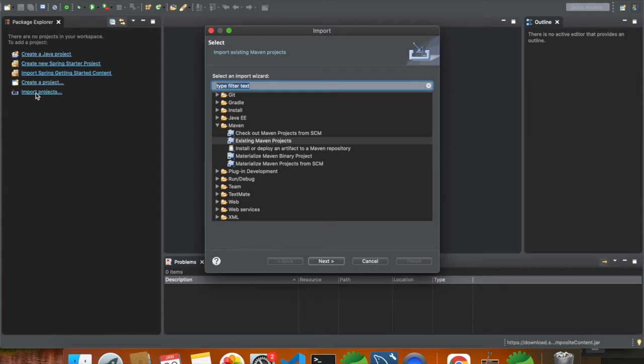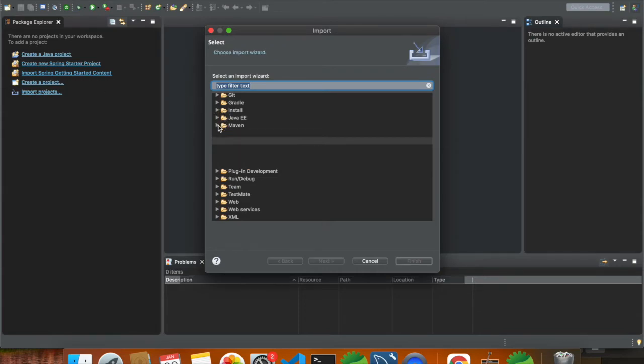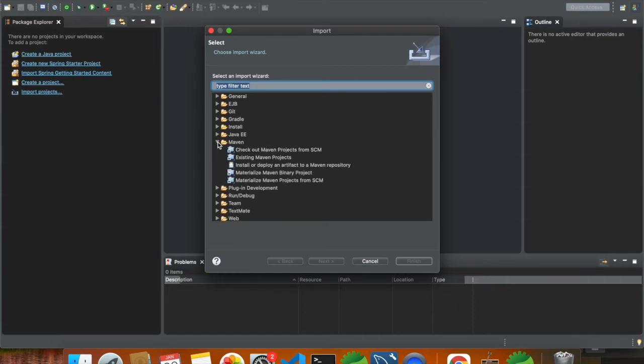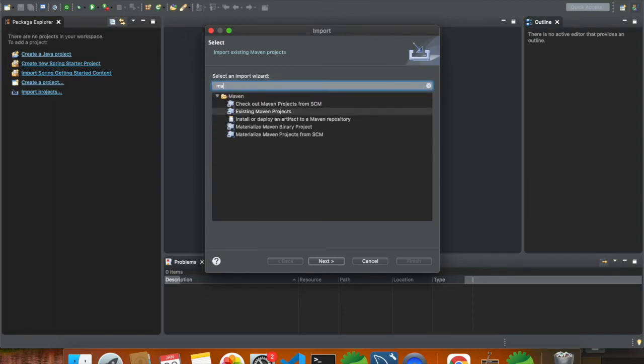Once you click on import project, you will get a list of a variety of projects. As we are using Maven as a build system, we'll choose a Maven project. So here we'll expand the Maven tab, and in that tab we have existing Maven projects. We'll click on this one, or we can simply find it at the top by typing Maven project.